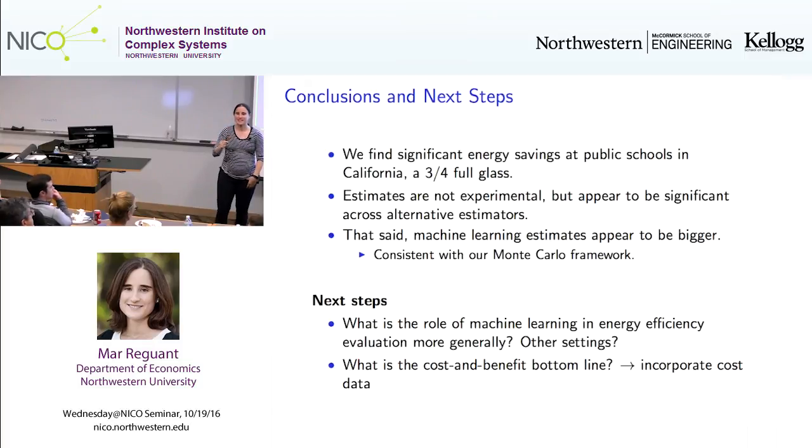So the adoption, I cannot remember. We have looked at adoption and whether there's selection in adoption, and as I said, adopters were bigger. They are also typically more south and more inland, which in California makes sense, especially for HVAC. I cannot remember if we included the age of the building, but we should. One of the challenges there is that I'm not sure we have it for every single school, but at least we should do it for the schools that we can.